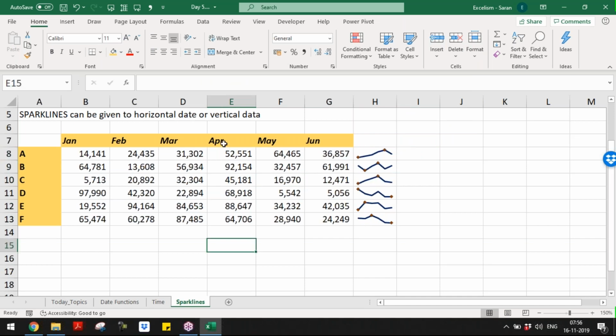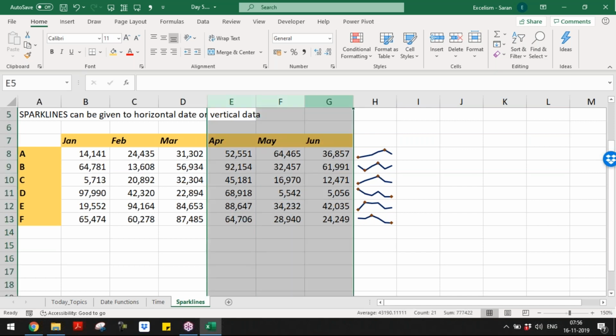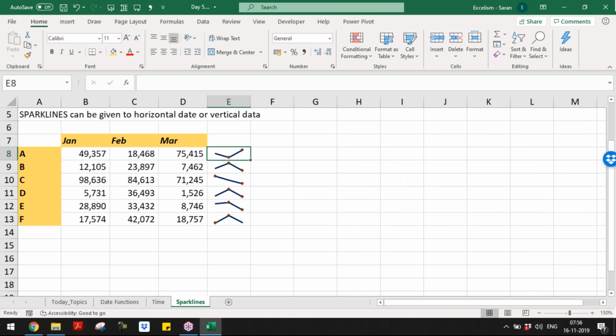If you have, for example, instead of 6, only 3 items, you can see the trend. For example, let me remove this. Now see, I can see the trend. This is actually a dip in the last 2 months, then high, then the second month high. It is continuously dipped, and this one is a little high and dip, and so on. This is the way we consider.